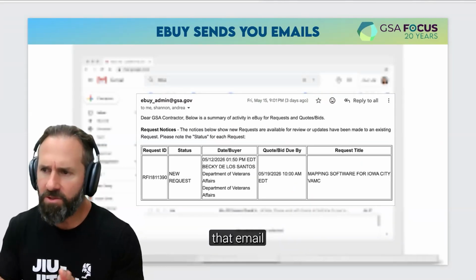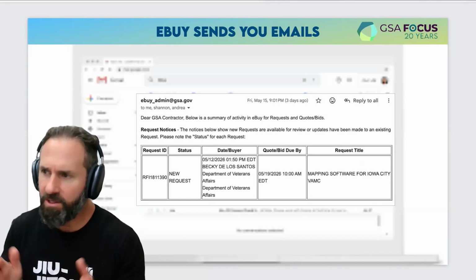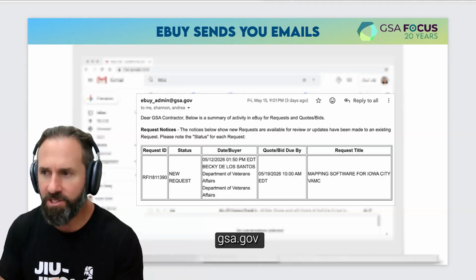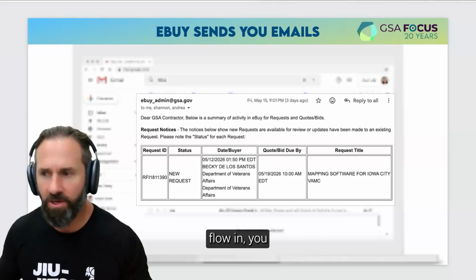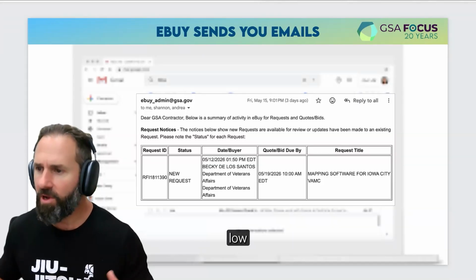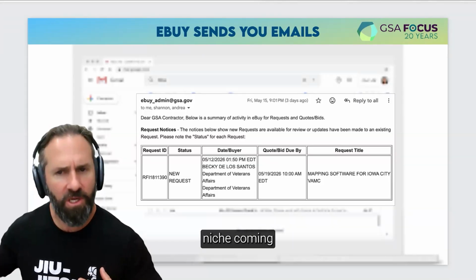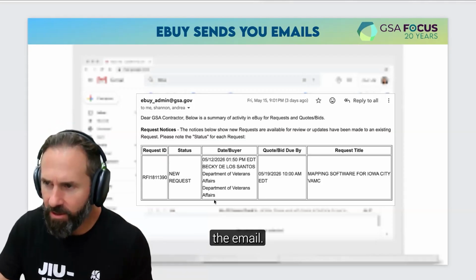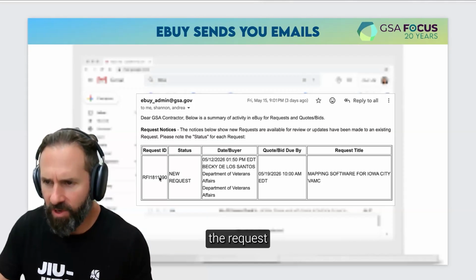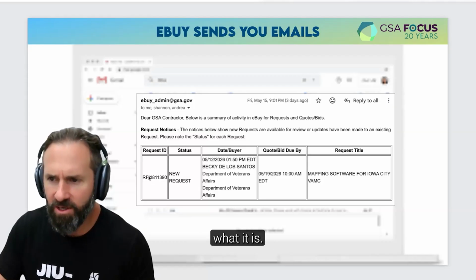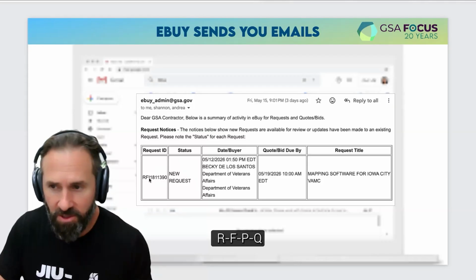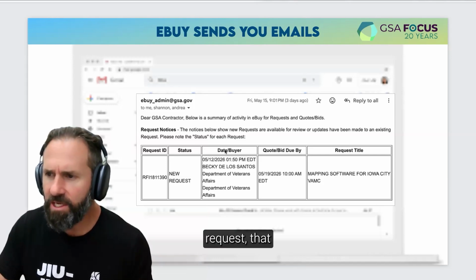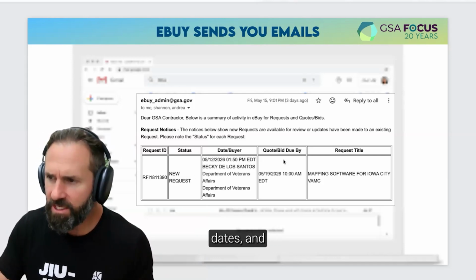So going into that email that comes in, you can see here's an example right here from eBuy_admin@gsa.gov. These all flow in on a daily basis. These are all low competition bids in your niche coming right to you. Here's the anatomy of the email. It's got a lot of boilerplate, but it has the request ID. This is going to tell you what it is, an RFI is an RFI, RFQ, so that's how you can quickly identify it. Status, new request. Here are some of the important dates,